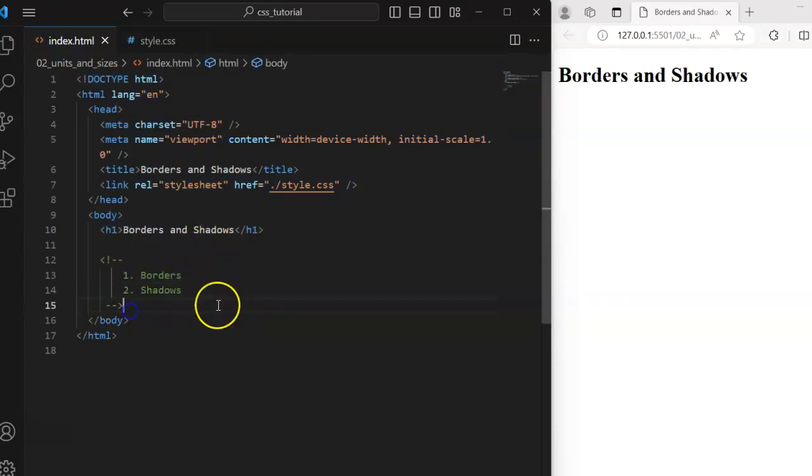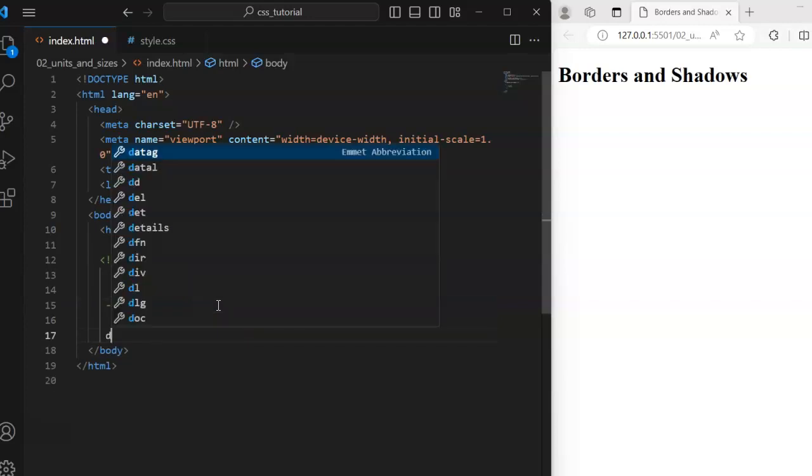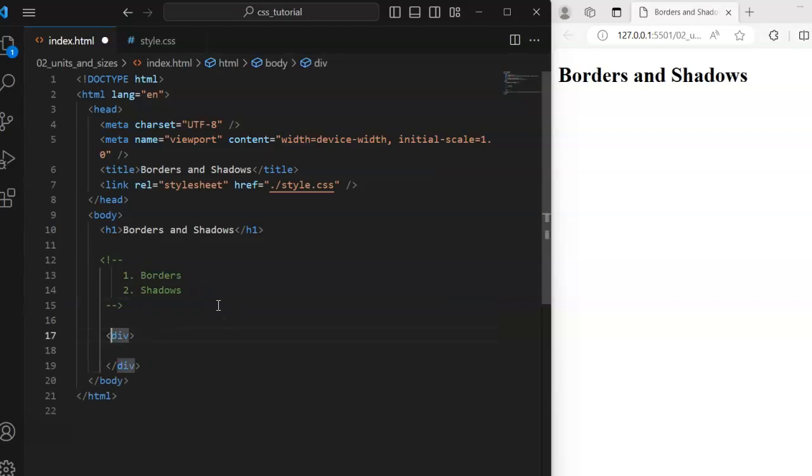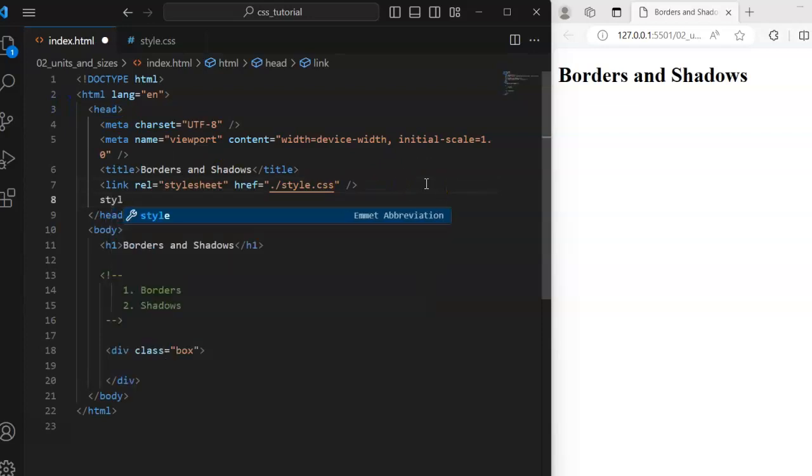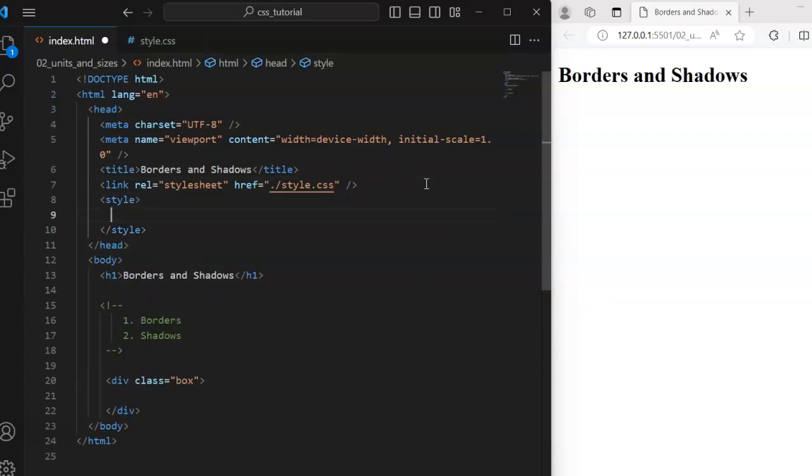So now, borders. Let's say you create an element, call it a div. I am going to give it a class, the most popular selector to style our element. I'm going to give it a class of box. I'll come inside my head section. This is my head section. And I'll create an internal CSS using the style tag. So I'll call the box class,